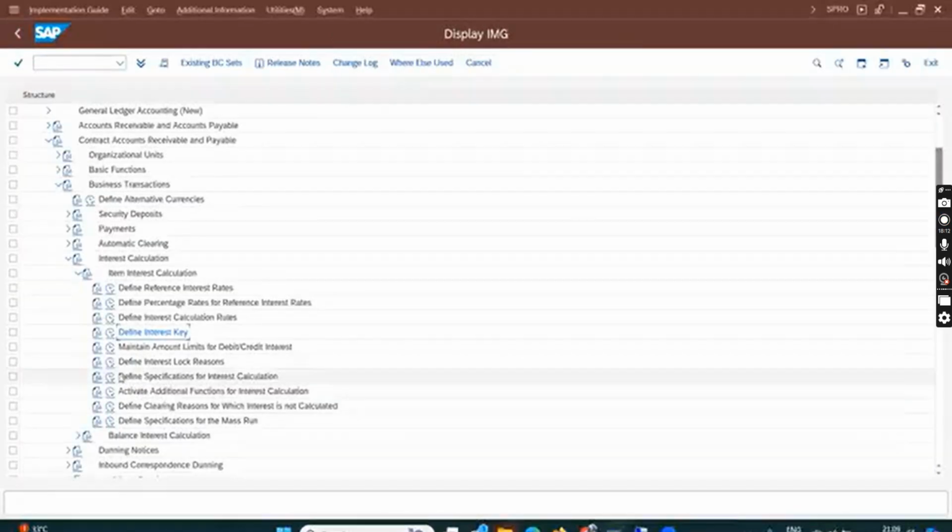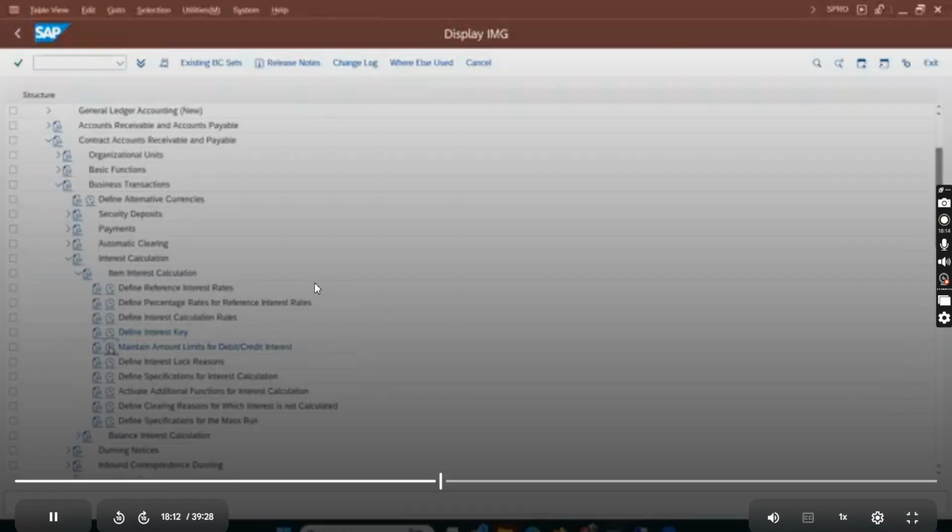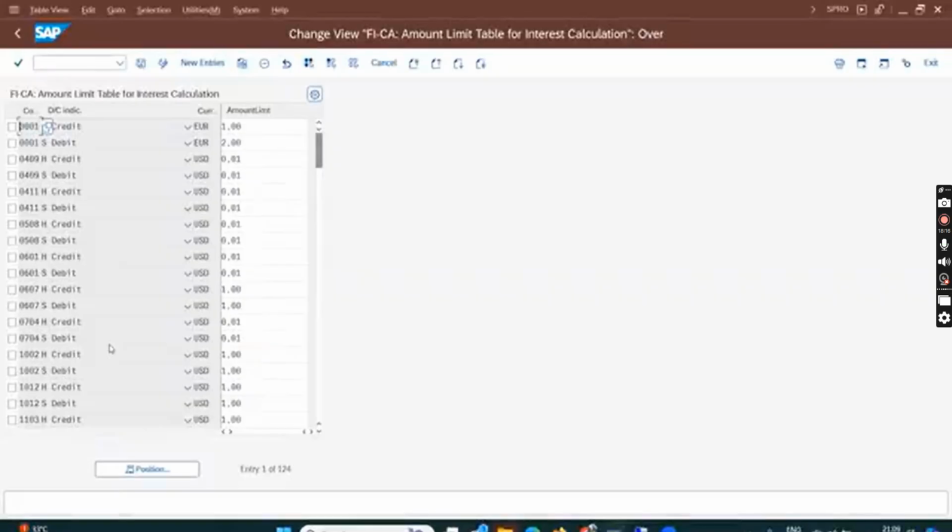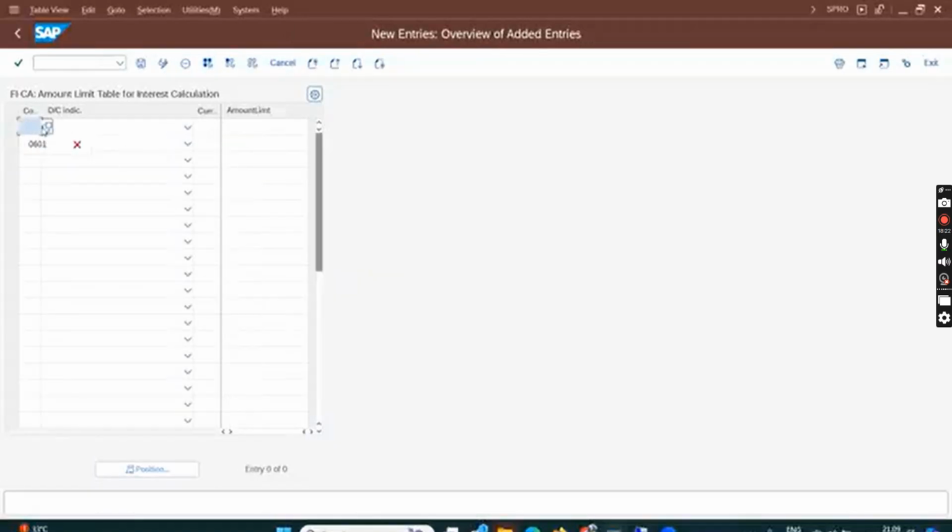Oh, this one is also missed out. So tolerance has to be made. So I'll just create a new entry. Company code 0903. I forgot all the config. Debit USD and